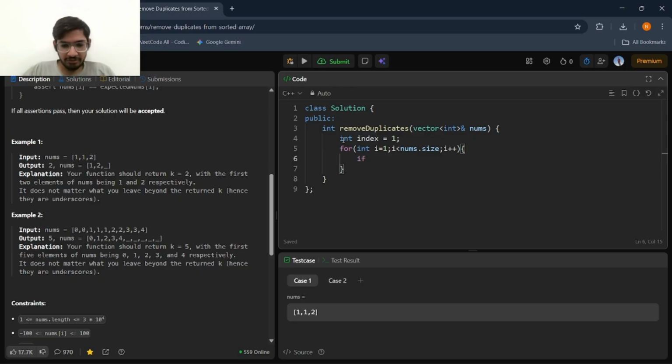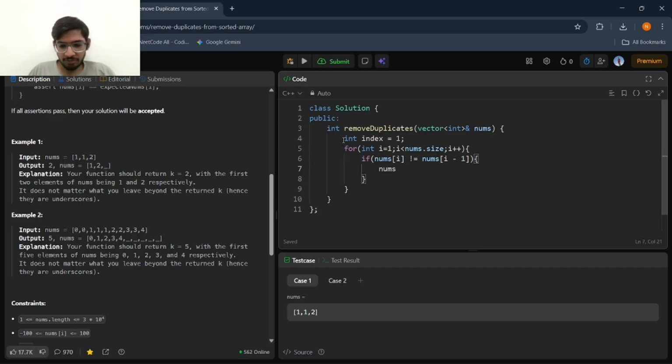If condition is nums[i] not equals nums[i - 1], then nums[index] equals nums[i], and index increment. Return index.